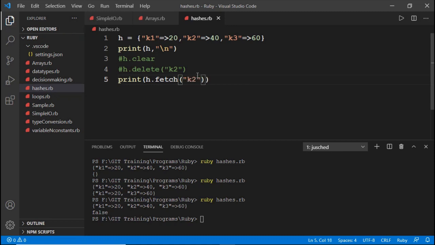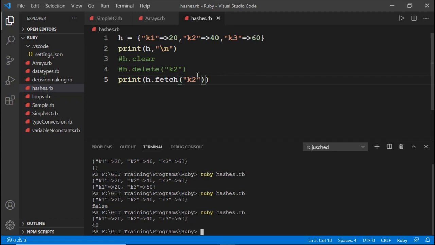So fetch returns the value associated with the k2 key. Let's see the output for this one. So the k2 value is 40.